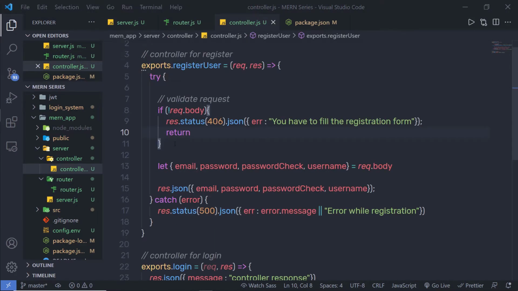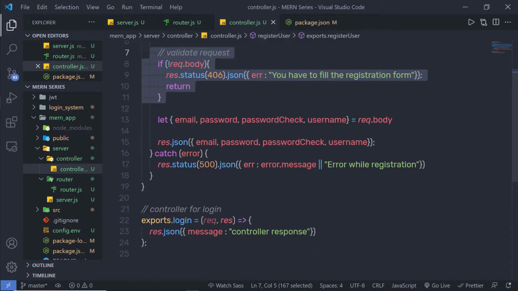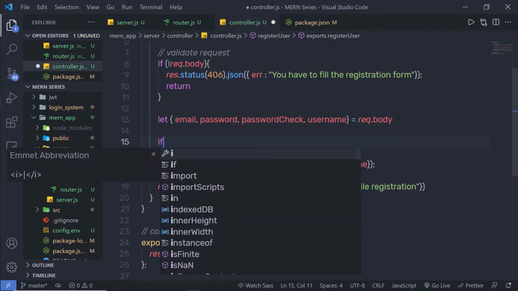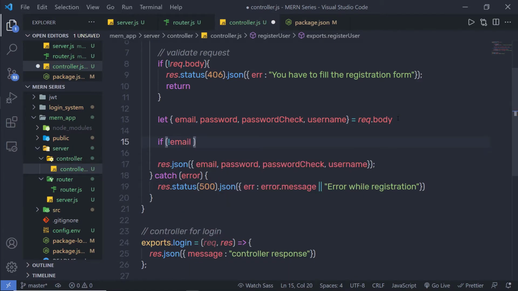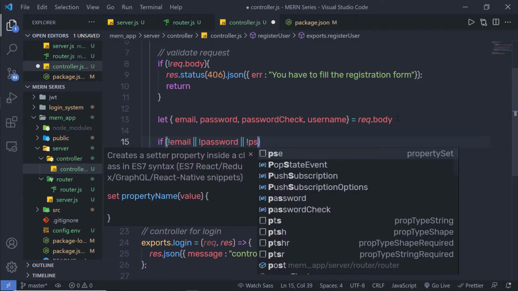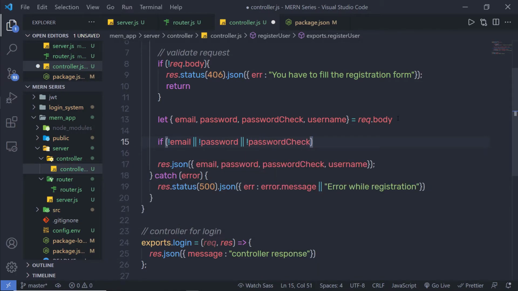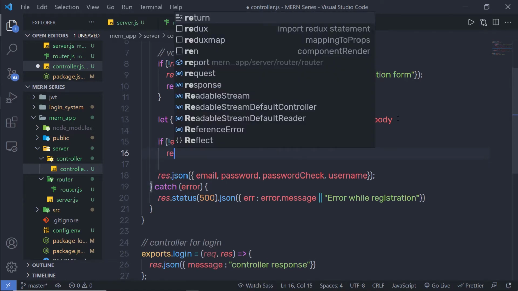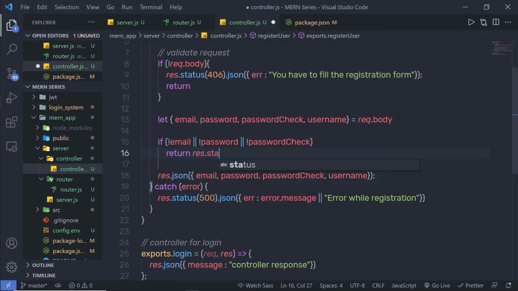Now once you validate this request, we need to validate these values as well. What if the user forgets to specify their username or password or their email? In that case, you need to validate that input as well. So let me just validate this input. So just down here, I'm going to simply say if the email or the password or the password check value, if it is not there, if it is empty, then I'm going to return a simple response with the